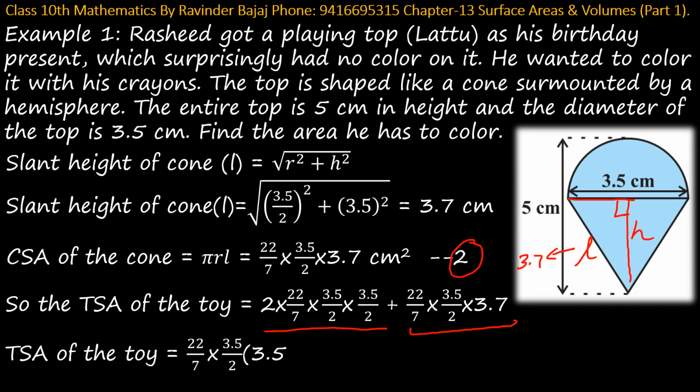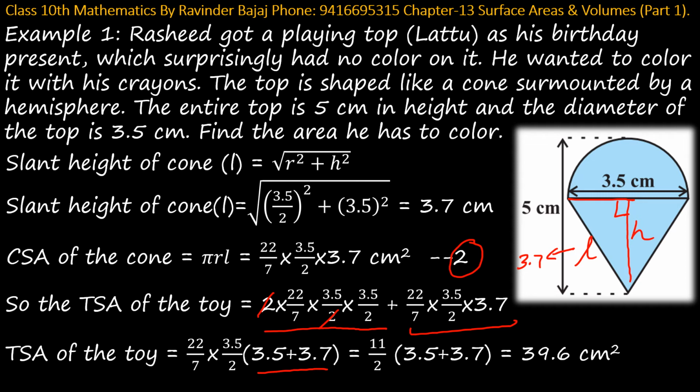Total surface area of the toy is this. I'm taking, see, 2 is cancelled with 2. Rest of the part 22 by 7 and 33.5 upon 2 is taken common. It is left inside the bracket. Now 2 11s and 7, this will be 7 5s are 35, and upon 10 will be, to remove decimal point we need upon 10. Okay, 5 2s are 10, so it is 11 upon 2. 11 upon 2 plus this is equal to this. So this is the required curved surface area of the toy. This is the answer.